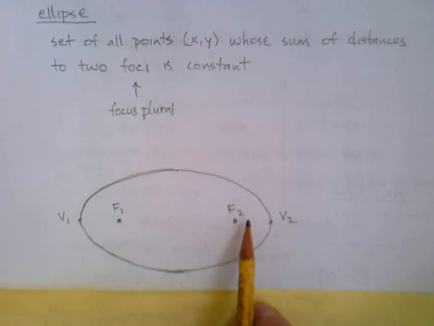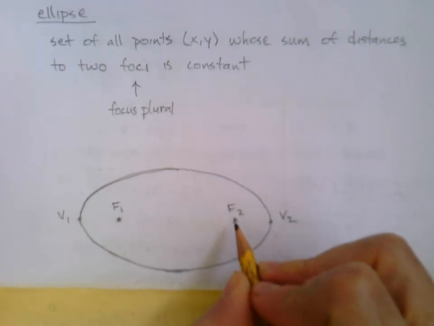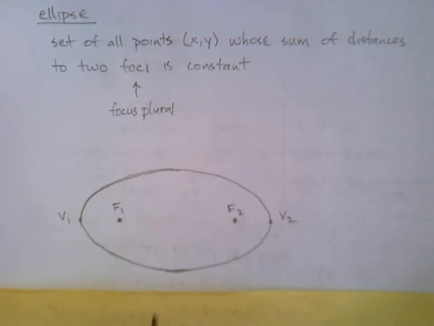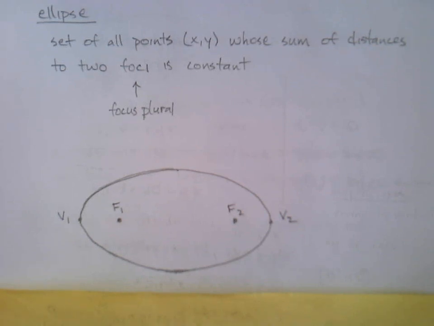So think of two foci. They're two points. Let's put them just horizontally apart from one another like that. So we've got focus 1, focus 2. If we were to look at all of the points whose sum of distances from the two foci is some constant, so pick a constant, whatever the constant you choose, so long as it's large enough, you